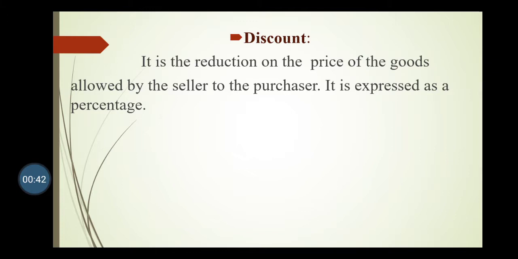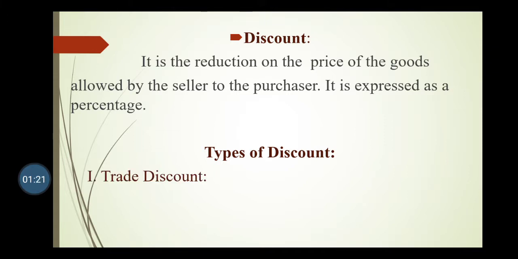Students, whenever we go to market to purchase anything, first of all, we ask the shopkeeper what discount will be allowed. Discount means whatever the market price or the marked price of the product, if the shopkeeper deducts some amount from that price, that deducted amount is known as the discount, and this discount is always shown in percentage form. Okay, now there are two types of discount.